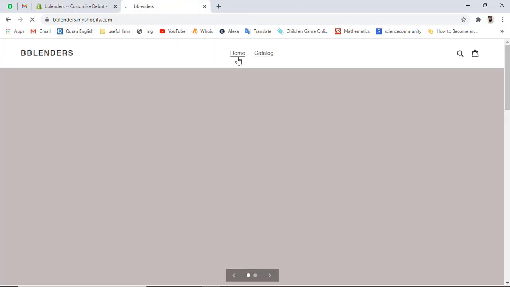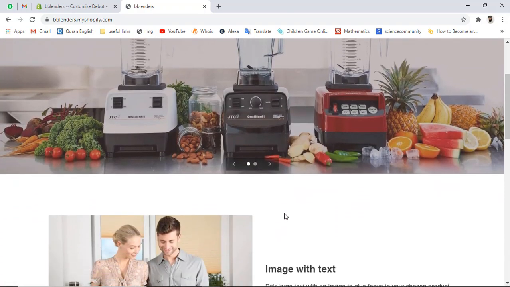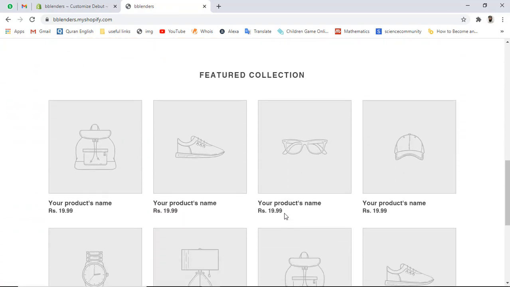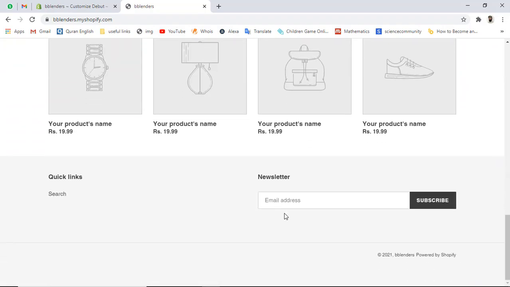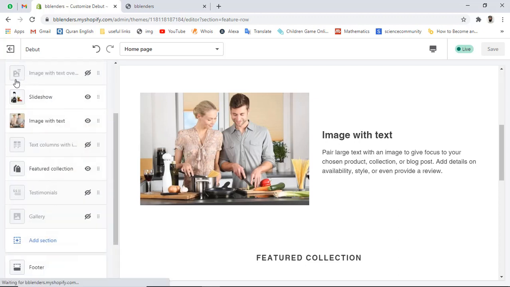Let's click on home link, and now you will see that the banners would be loaded onto the home page. And we have these sliders, and down below we have another section. We have featured products and footer. So let's do one more thing, which is